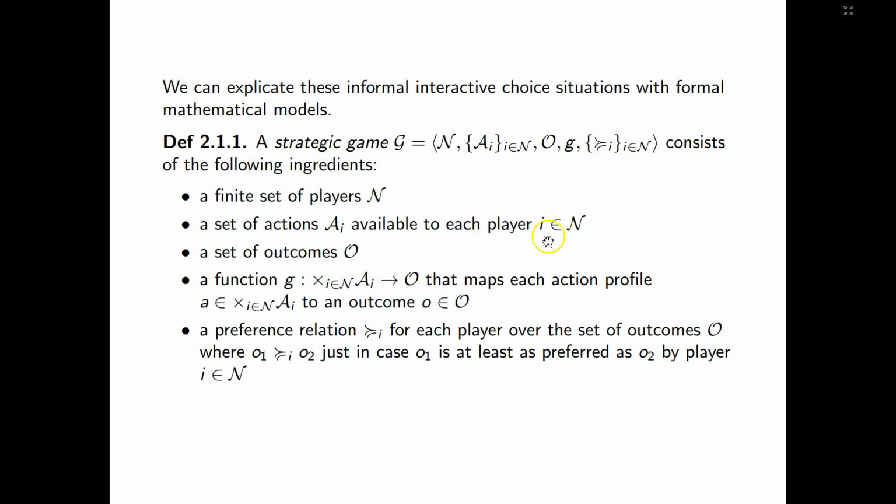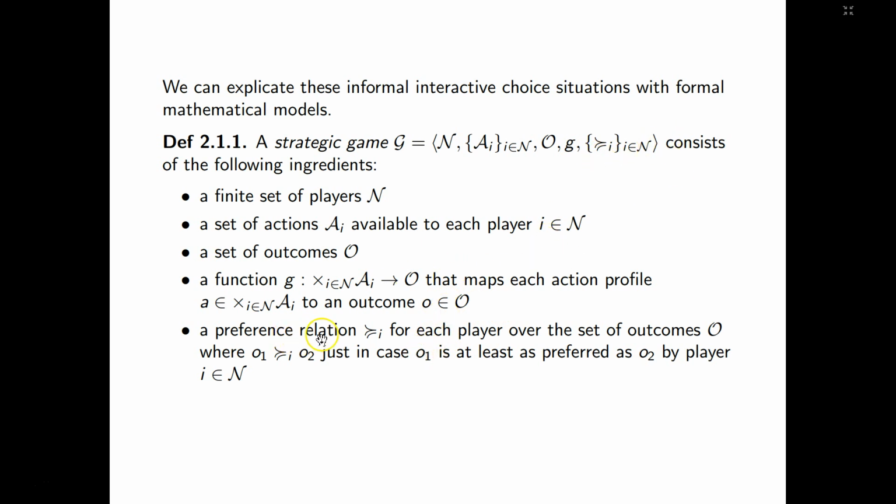A strategic game, G, is an ordered set that is composed of the following ingredients: a finite set of players, N; a set of actions, A sub i, available to each player in the set of players, N; a set of outcomes, O; a function, g, that maps the action profile of each player within the set of players, N, to an outcome, o, in the set of outcomes;